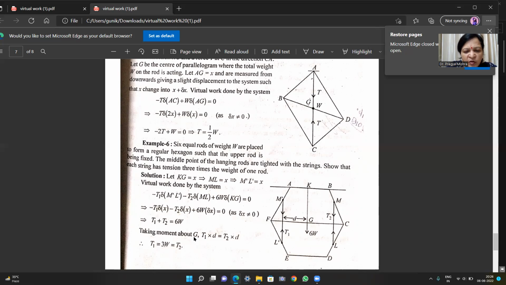Taking the moment about G, we have T1 D equal to T2 D, because the rods are of the same type, so the moments of these two rods about point G are equal, since the system is in equilibrium. So T1 into D equal to T2 into D, which implies T1 equal to T2, and since T1 plus T2 equal to 6W, finally we get T1 equal to T2 equal to 3 times the weight of one rod. So in this way we can solve